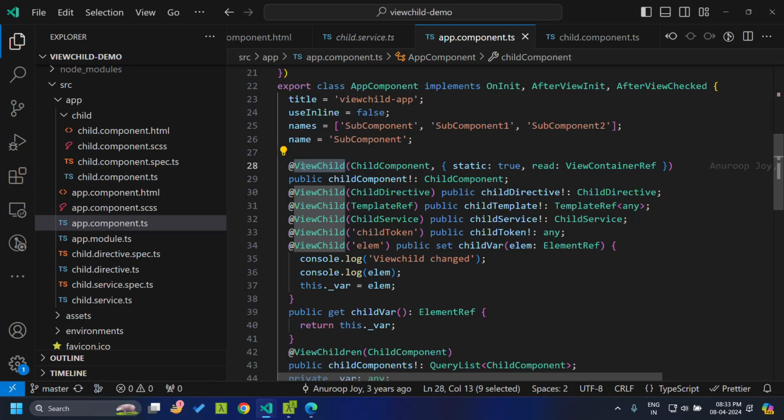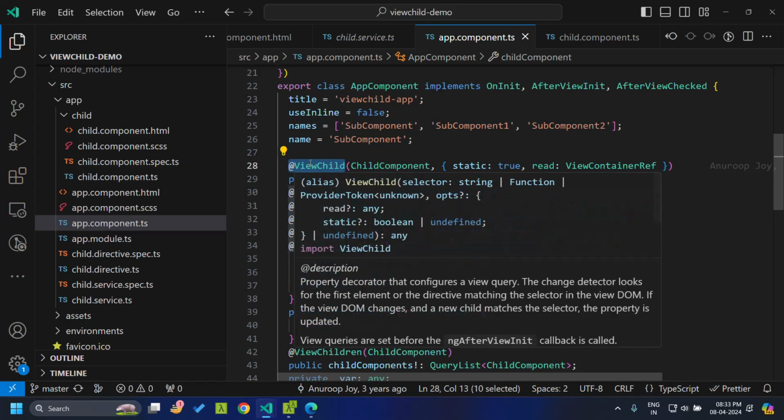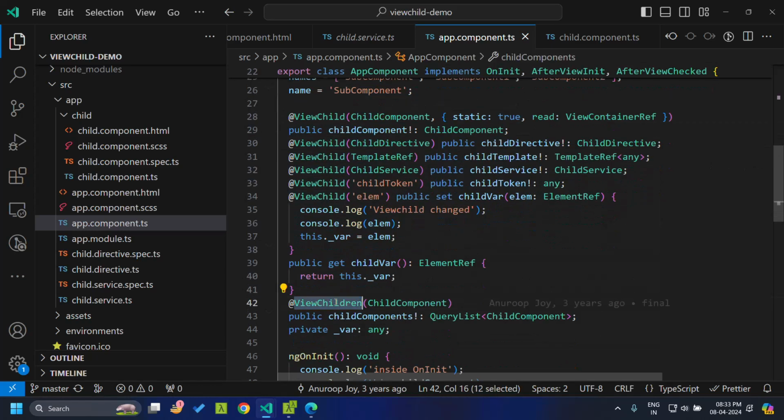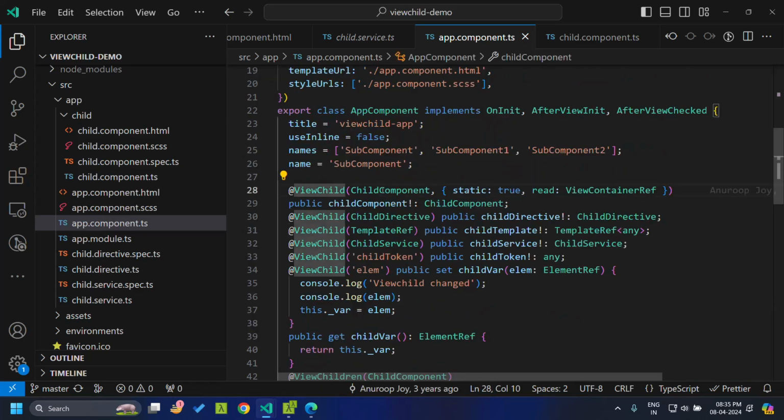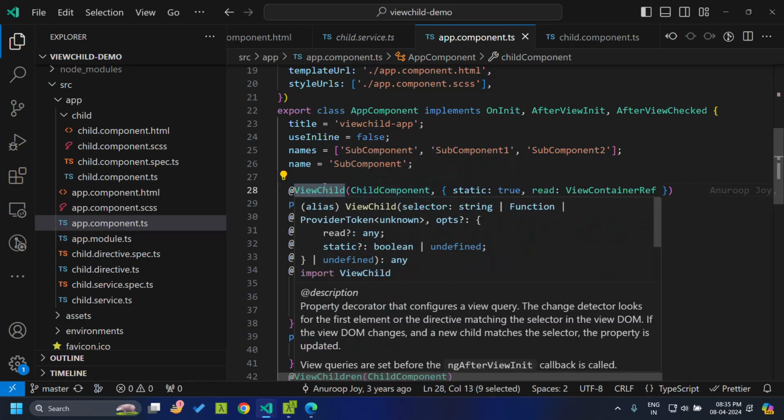In the older version, we made use of decorators, that is @ViewChild and @ViewChildren, which is the decorator we use in case we have multiple elements matching the criteria. First, let's take a look at this particular query, which makes use of the ViewChild decorator